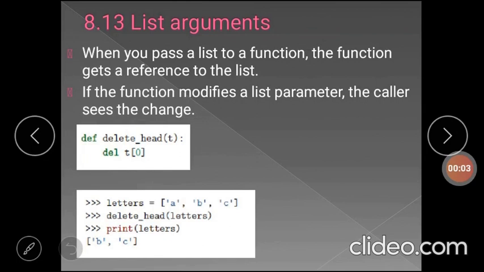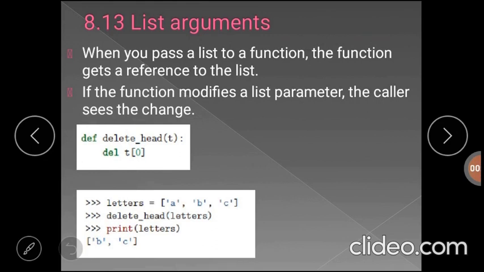Now we will discuss what happens if you pass a list as an argument. When a list is passed to a function as an argument, the function receives a reference to this list. Hence, if the list is modified within a function, the caller will get the modified version.